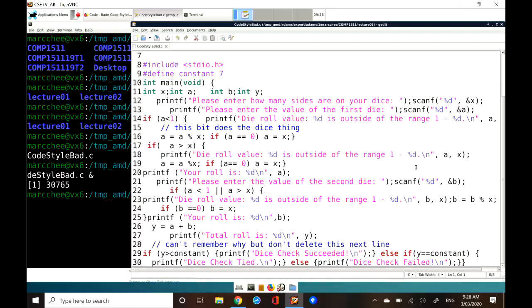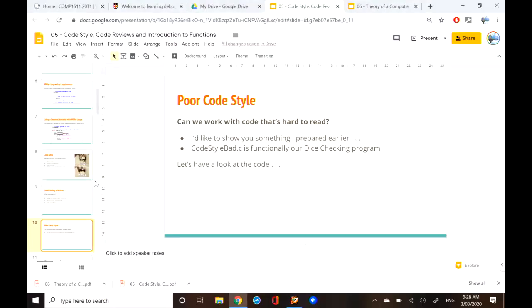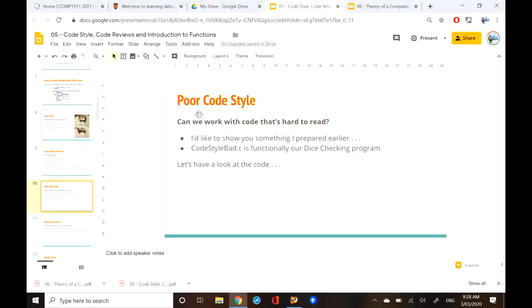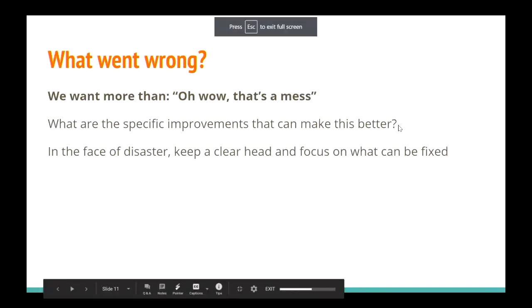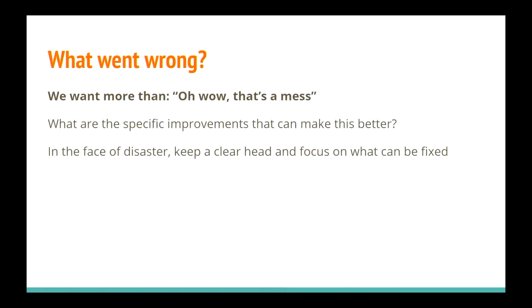Actually, does anyone want to, let me see, I can't remember what my next slide is. Oh yeah, I think I've got one more slide. Okay. So obviously the first reaction was, that's a huge mess. And this is advice that I want to give to everyone in general for how you want to think about